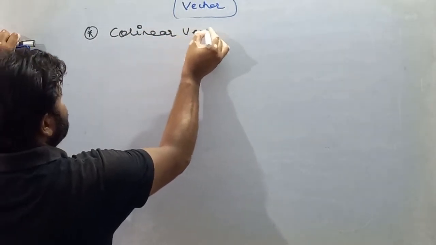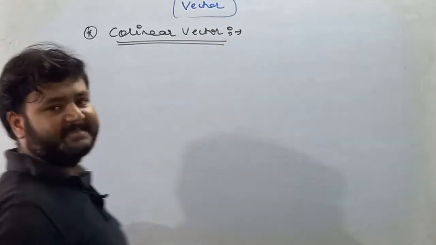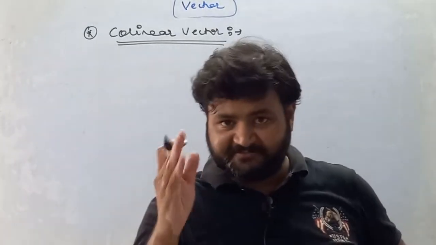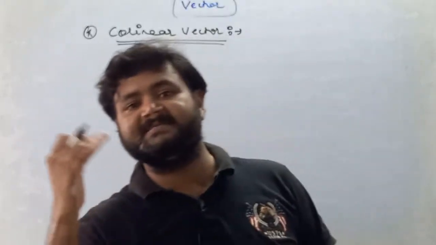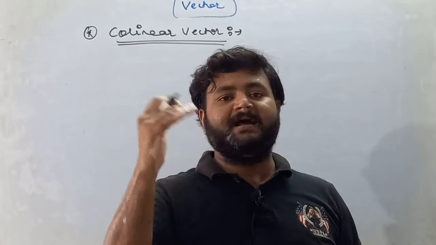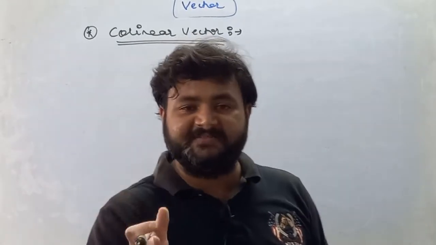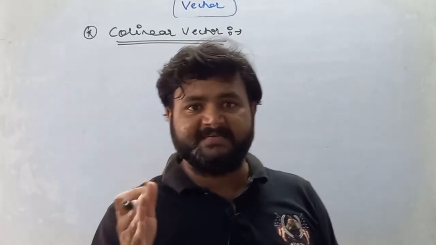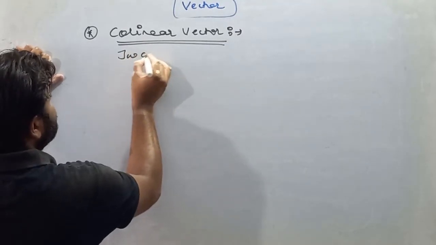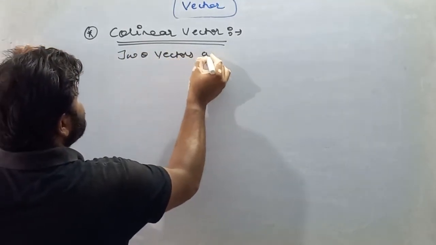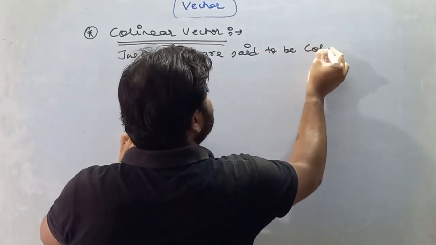Two vectors are said to be collinear if they lie in the same line, or we can say they are parallel to each other. So I'll write here, two vectors are said to be collinear